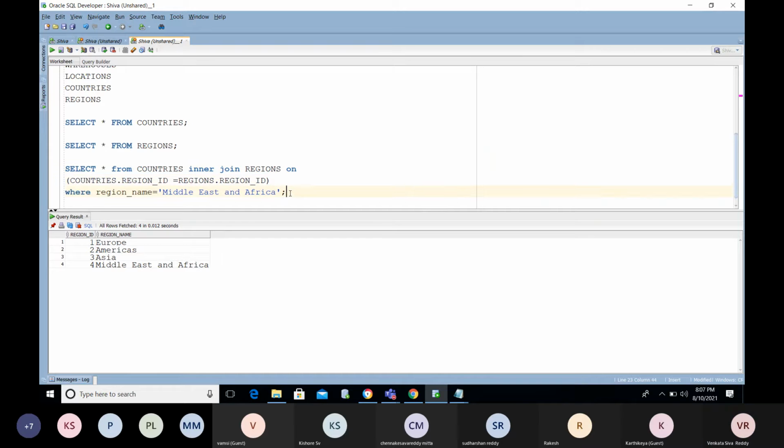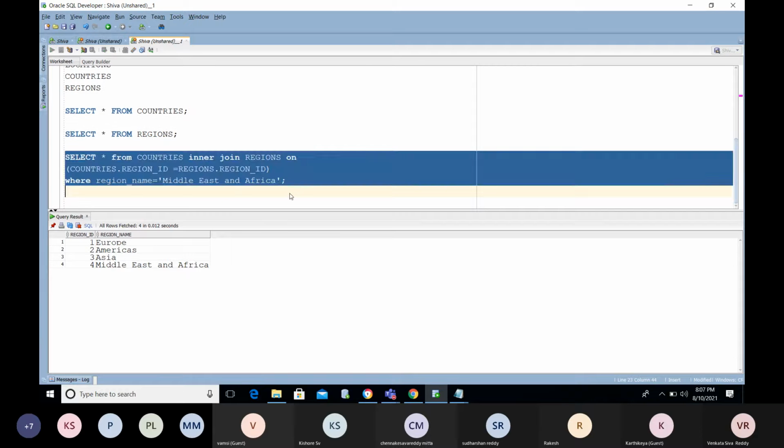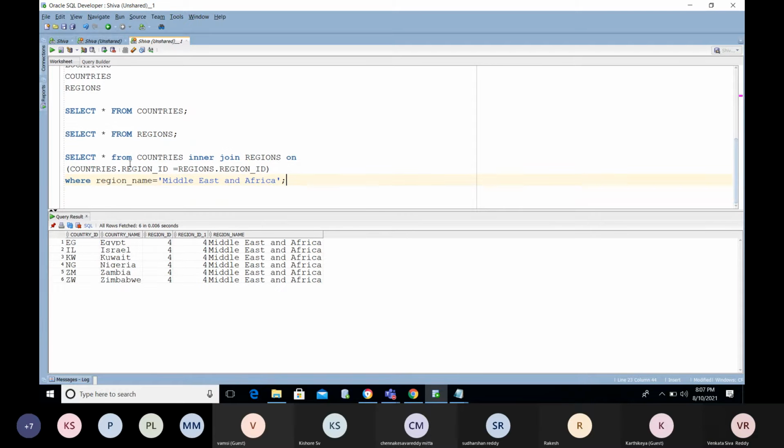Okay, now we use the star here. We won't use this type of star here. If you are working with multiple tables, you need to mention specifically which columns you require from the first table and the second table. Else you will get issues.